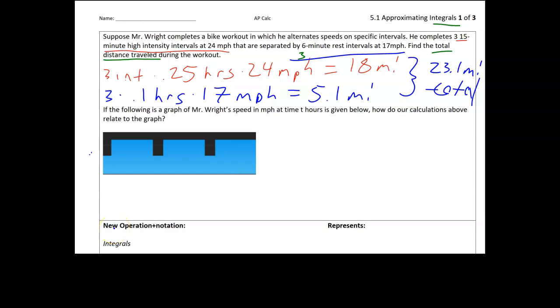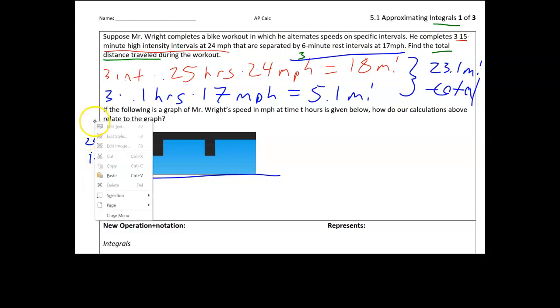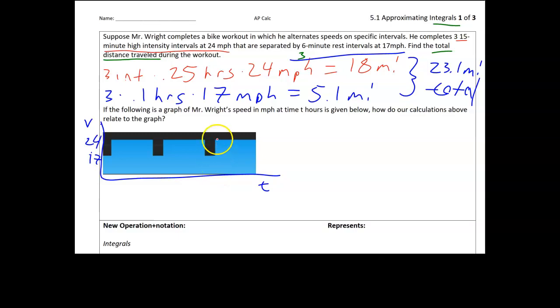Well, let's start by labeling our graph a little bit since it doesn't really have much data on it, so we can turn it into a little XY axis here, and we know these big humps are going to be 24 miles per hour, and then the smaller ones are going to be 17 miles per hour. This is speed, right? Velocity, we'll call it, and then this is time. And to answer this question, we really want to zoom in on just one particular interval and look at what this graph looks like. So let's look at my last